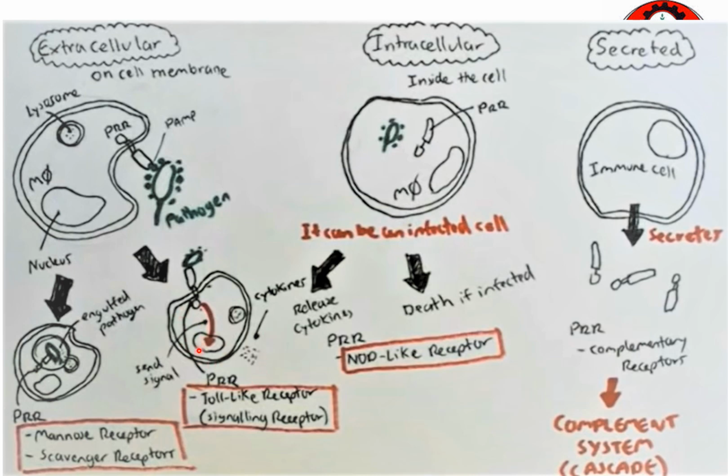And this PRR receptor is, in this case, the Toll-like receptor or the signaling receptor. Also, we have the case of intracellular, inside the cell. If the pathogen recognition receptor is inside the cell and the pathogen is a virus or an intracellular bacteria, it is either going to lead to release of cytokine, and in this case, when the pathogen is intracellular, the receptor